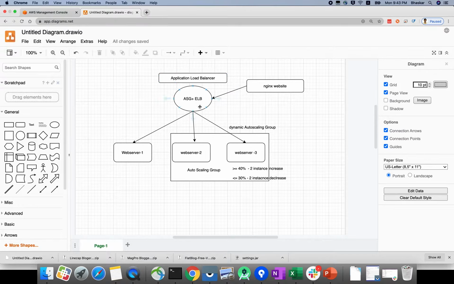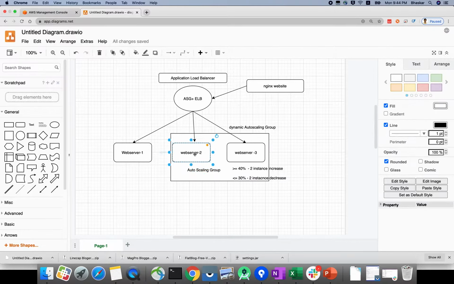Elastic load balancer is a concept, and we have three different categories. This is one of the categories we are using. Whenever you create it, it will create one instance. That means desired is one, minimum one, maximum three. We'll give some stress, that means CPU utilization, and whenever this action happens it will create 2 and 3 instances. Whenever CPU increases to 40%, 2 instances will be increased. If it decreases to 30%, 2 instances will be decreased. This is the concept of dynamic auto scaling group.